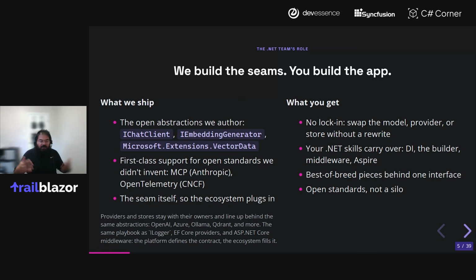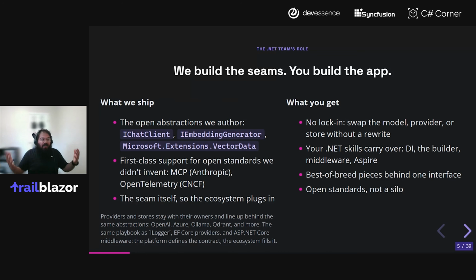And so you see this pattern play itself out time and time again, right? Whether that's middleware in ASP.NET or Entity Framework providers or loggers or distributed caches, right? We establish the contract at the platform level, and then the rest of the ecosystem, right, provides their own implementations.